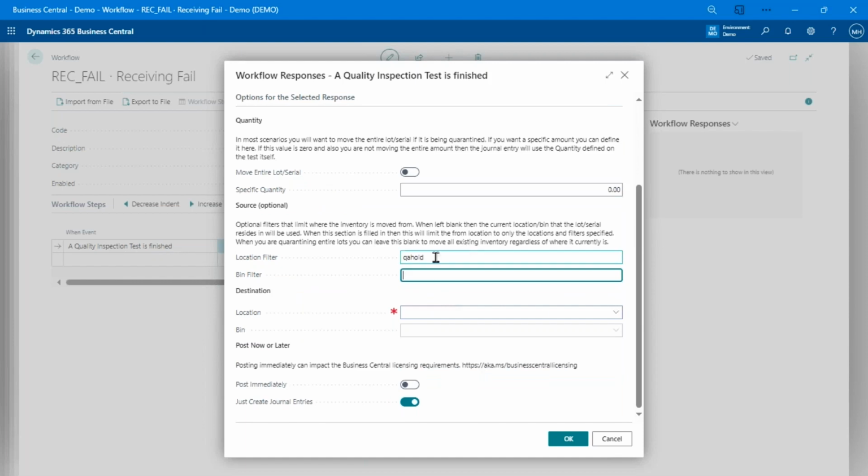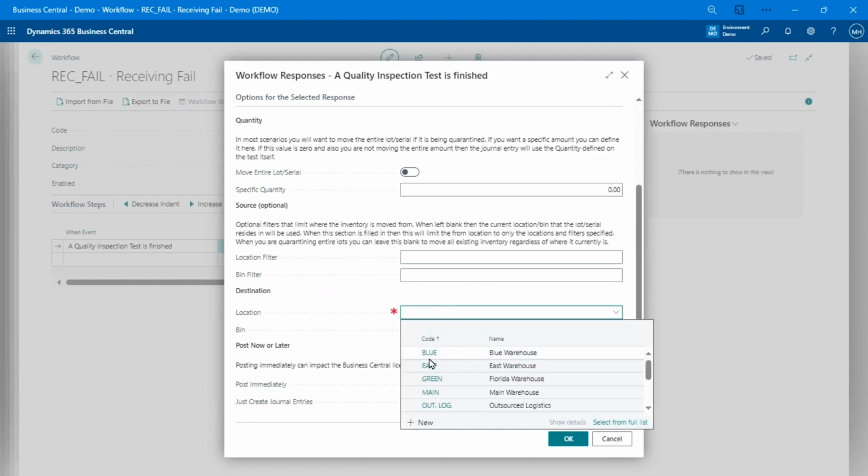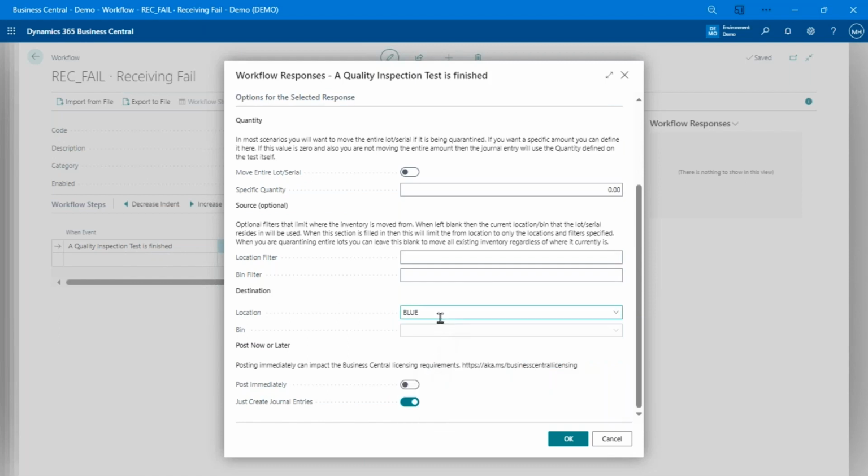Sorry, I put it in the wrong spot. This will only apply if it was in QA hold. I'm going to put that in whatever my blue location is. And I can either just create the journal lines for somebody else to post, or I can post that immediately. So as soon as that test fails, the bicycle